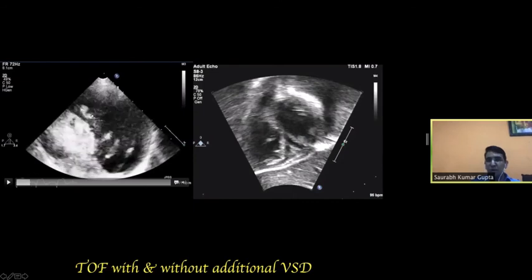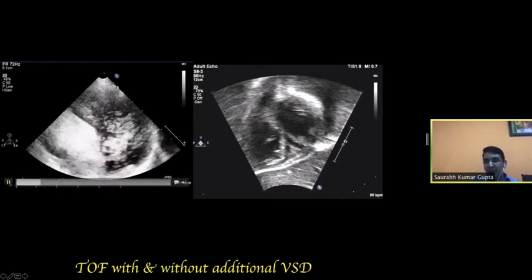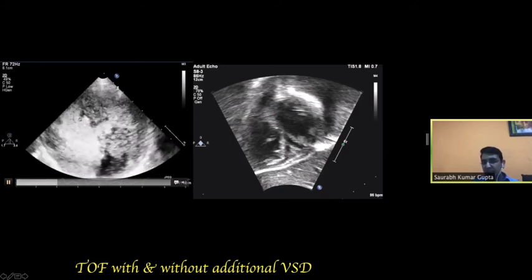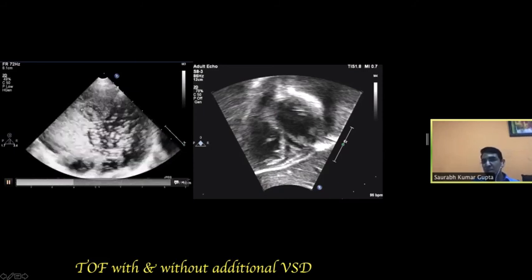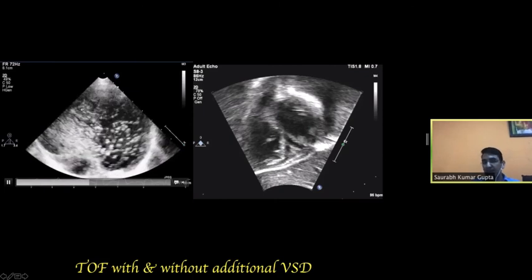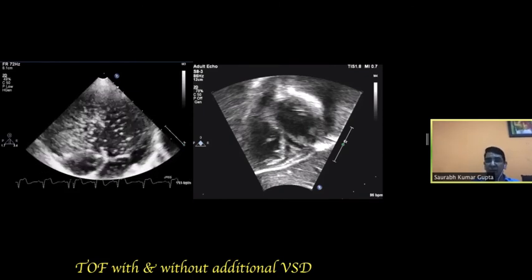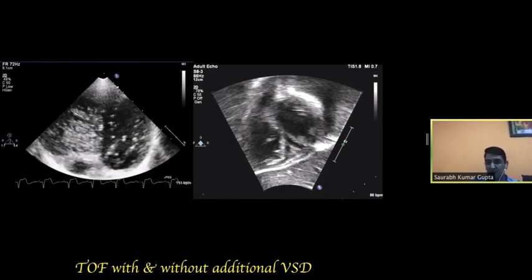So if you see over here, this part of the LV is getting filled by some contrast, but where does contrast appear in this area? That is how you analyze angiocardiograms. So similarly, you analyze your saline contrast echo, and then if you analyze it well, you will realize that there is something in this distal part of the septum. And once you have suspected, I think it is not so difficult to confirm or refute a diagnosis.